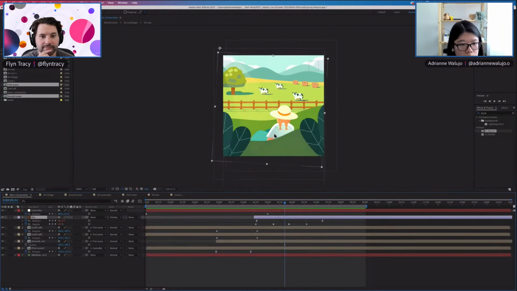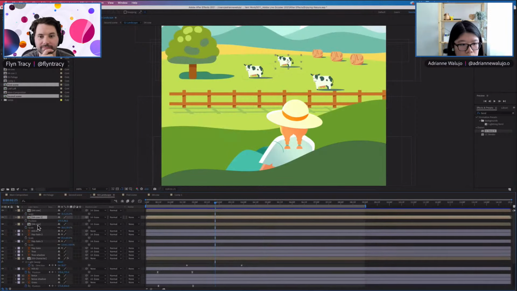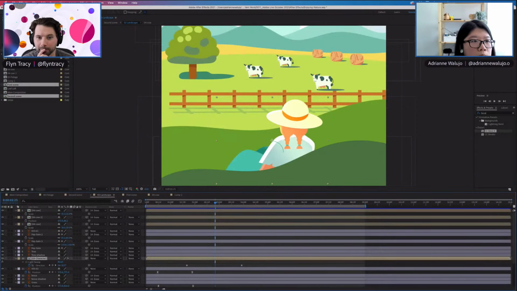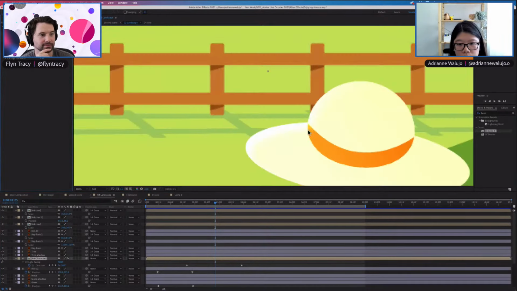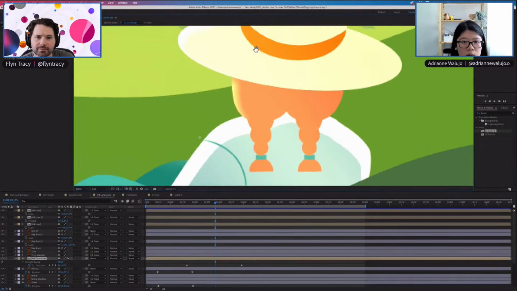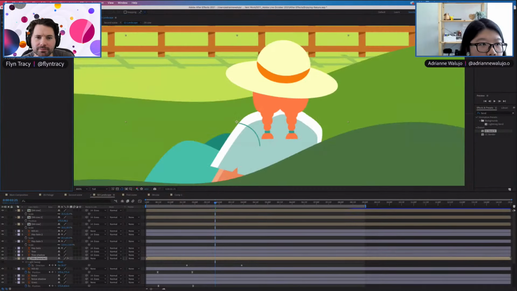I also added a CC Light Sweep effect, which is inside here. In the effect controls, I really like this effect because if I turn it off, that's what happens without the light sweep. Creating the light sweep is quite cool because it adds a rim light, which I really like.